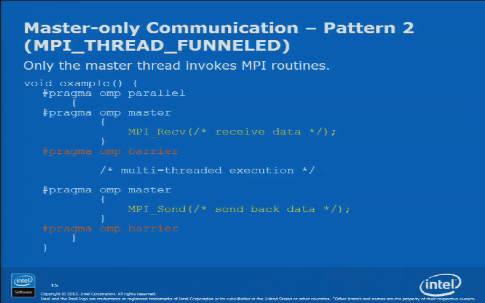You can introduce the OpenMP master construct to handle all the MPI communication, and then do an OpenMP barrier to ensure that the MPI communication has been done. Then resume multi-threaded execution, and when you do MPI again, do a master construct, do the MPI, and then